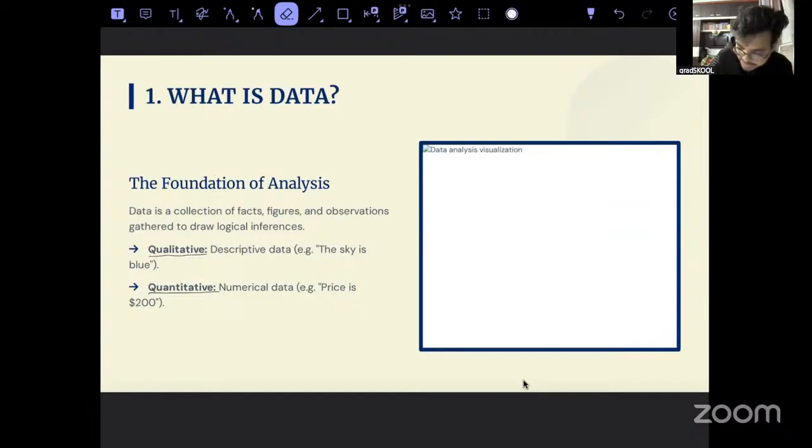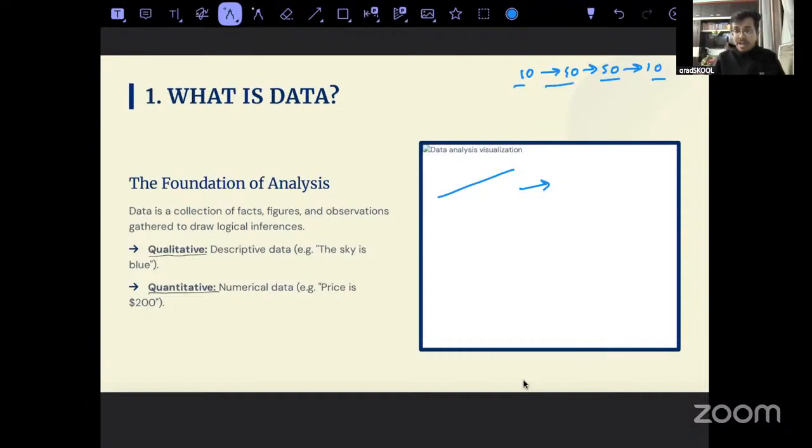So let me say this is one line. This will tell me how fast, or at what pace, my data is changing. What was happening? It was going from 10 to 40, 40 to 50, 50 to 10. So it will tell me how rapidly these values are changing in my line. Once the value went from 10 to 40, there's a change of 30. From 40 to 50, the change is 10. This is plus 30, this is plus 10. Here the change is minus 40.